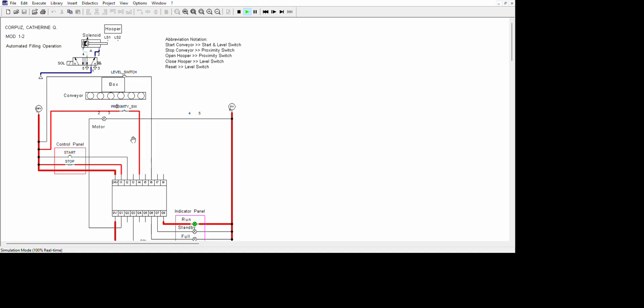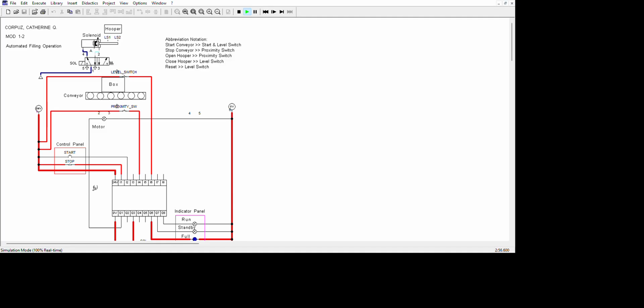So when I press the level switch, the full indicator turns on. The solenoid moves to the LS2 position, the hopper is closed. Okay.